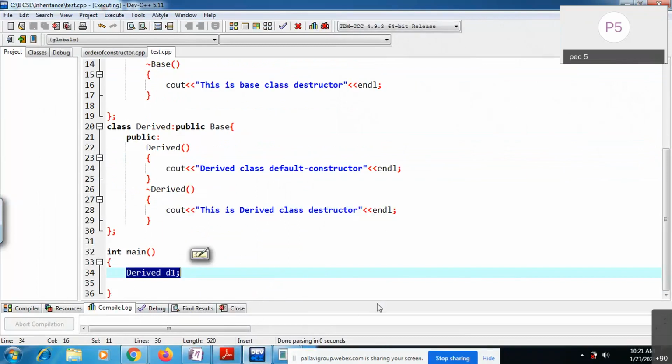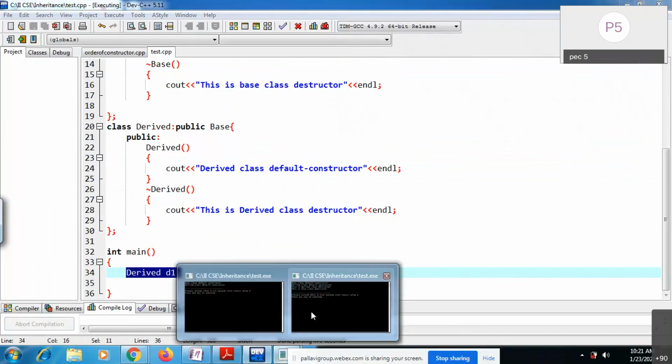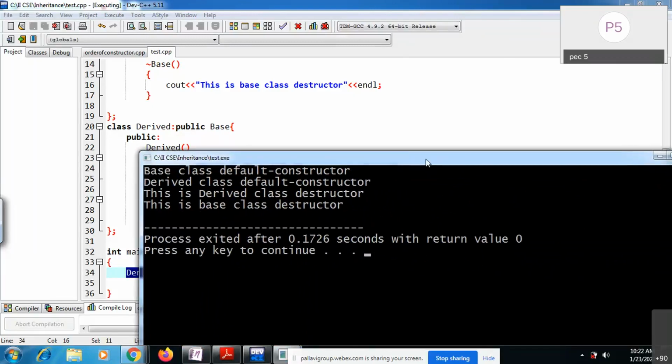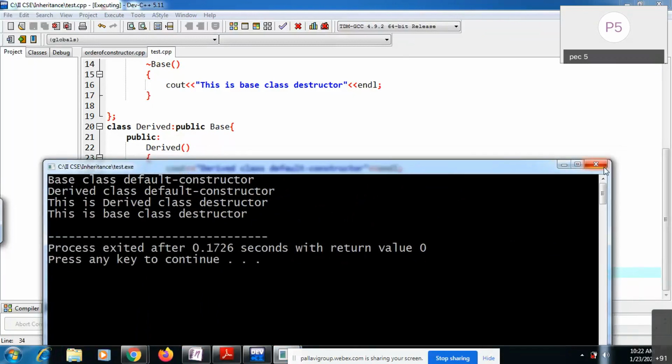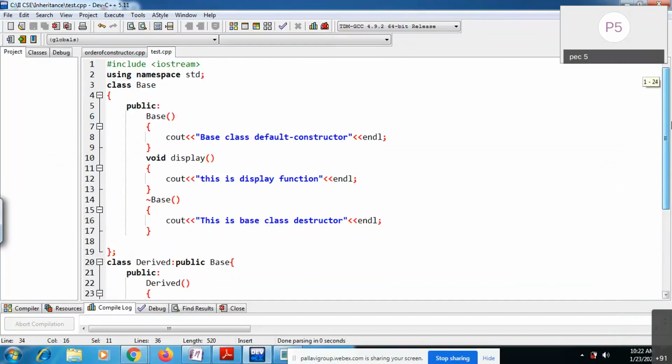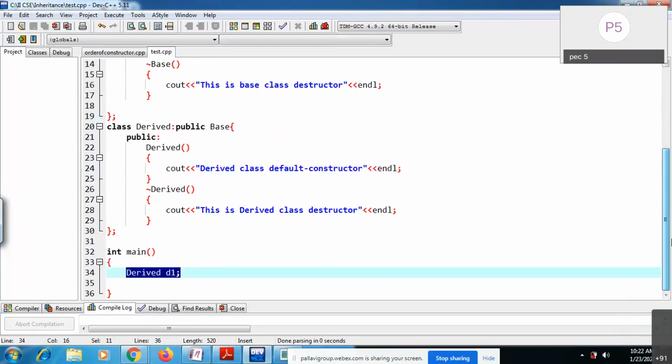Once the scope ends, it will first call the derived class destructor, then after that the base class destructor. Okay, this is the order of constructors and destructors in case of inheritance, meaning in base class and derived class.